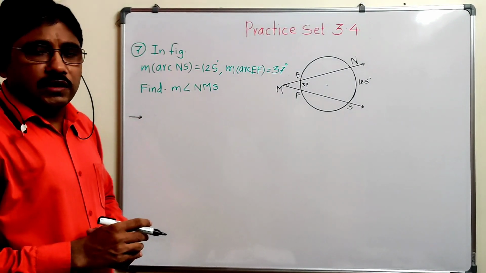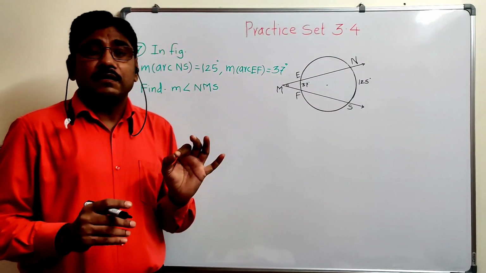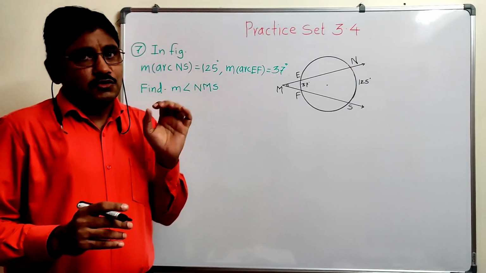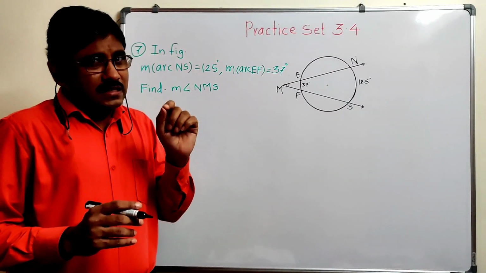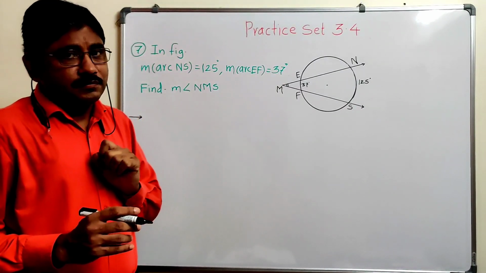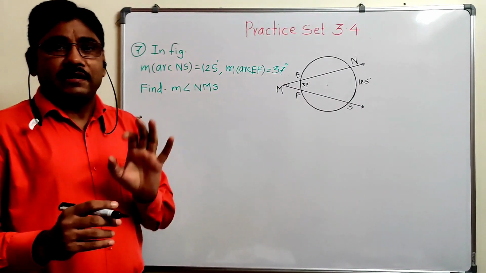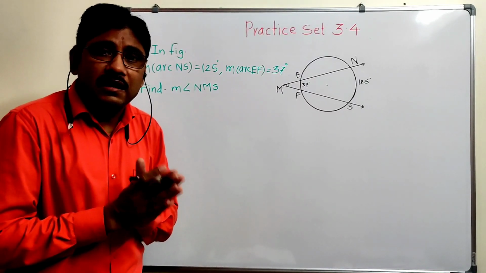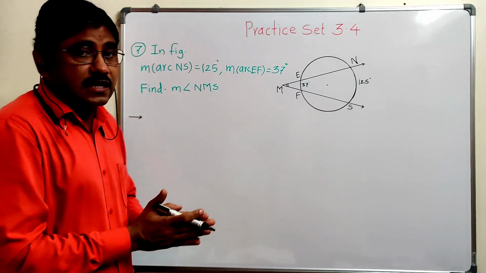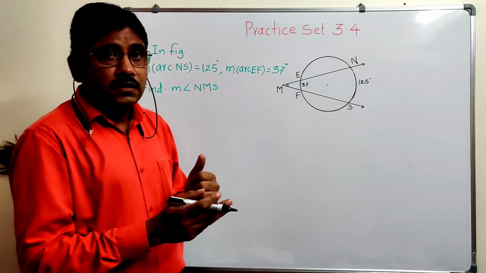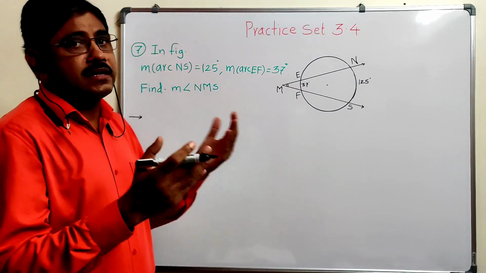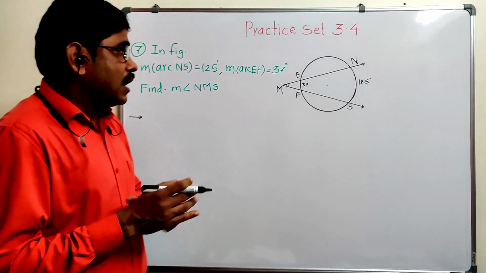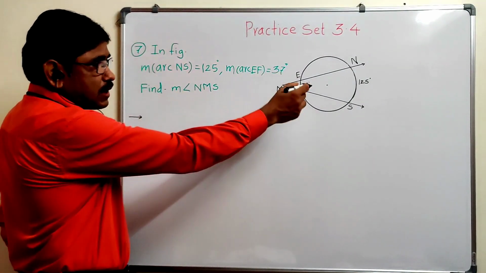Then you know the relation between the angle and the arc intercepted by that angle. So here, if the vertex is in the exterior, then the measure of that angle is equal to half into bracket difference between the arcs intercepted by it. So which arcs are intercepted? NS and EF. So difference means larger arc minus smaller arc. So in this way we get the difference between these 2 arcs. Now let us see. Here NS is 125 and EF is given.